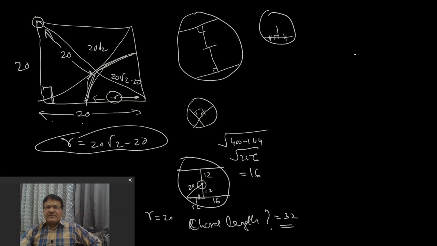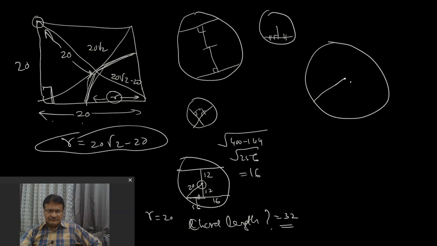One more question, a very important question. This is a circle. This is its center. I am making this picture this way. This angle is given to you as 65 degrees. This angle is given to you as 70 degrees. What about this angle? This only is to be determined. This is my question. Now how to solve?